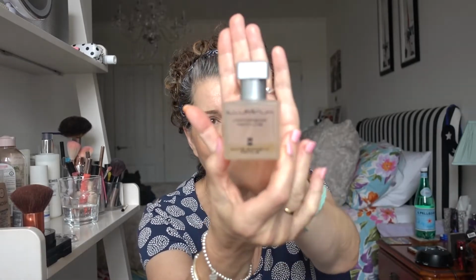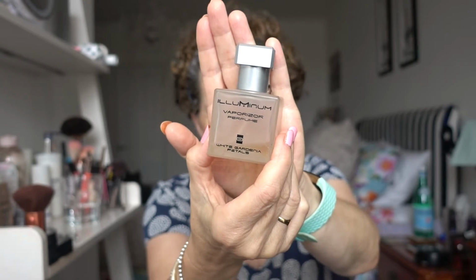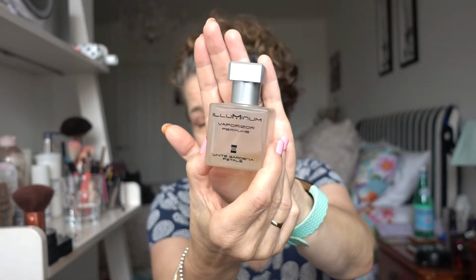Last product that we're going to talk about, and the last in my empties. Oh my word! This is the one that I have been dreading finishing. It is a perfume by Aluminum, and it's called White Gardenia. This perfume, I adore it. Now, my daughter said it was an older person's perfume, which I disagree with. This was worn by Kate Middleton when she got married to Prince William, and